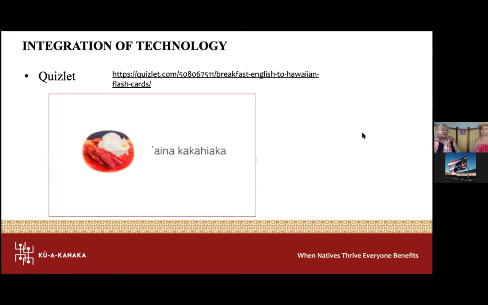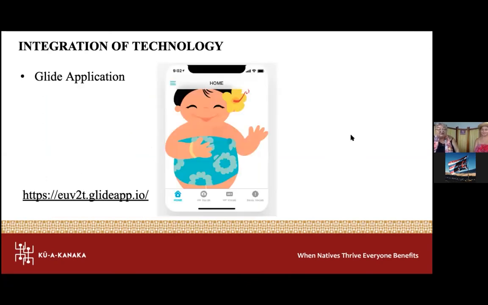The other part is Quizlet. We use Quizlet and we really love it. Just the flashcards is one thing, that's a nice way to learn olelo Hawaii, but anything that you need the flashcards for. But then it also has the Quizlet Live, where the students actually can play against each other, and that's always a whole lot of fun. So in most of our online classes, we do at least one Quizlet Live every time, because it's so much fun to play against one another. So that's one that I would highly recommend for the students to use to test some of the materials that you have covered.